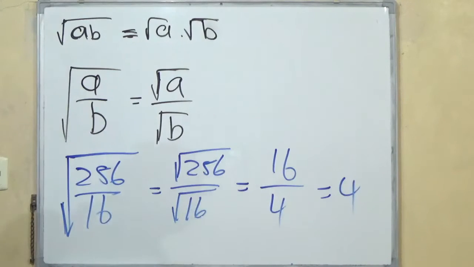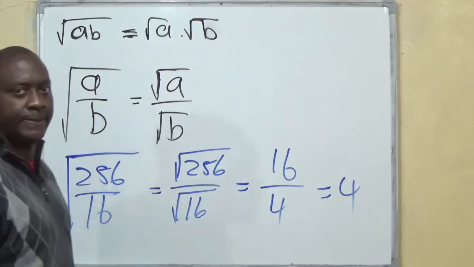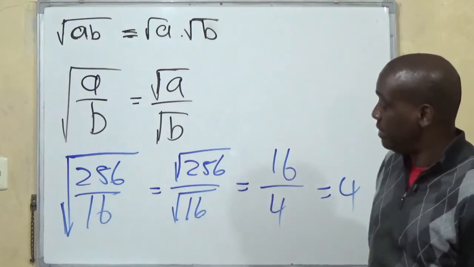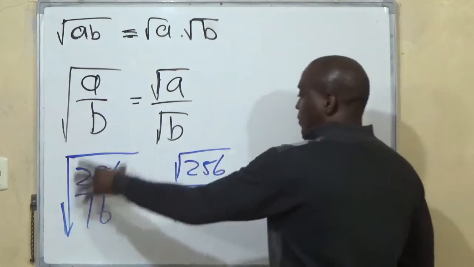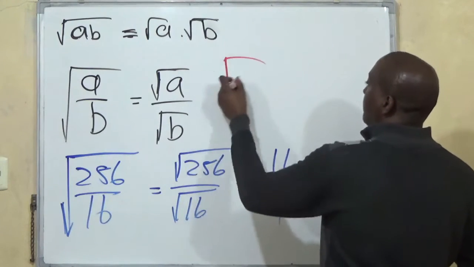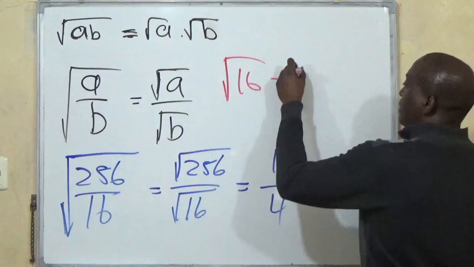So 256 divided by 16 is how much? 16. 16 squared is 256. So the square root of 256 over 16 will just be the square root of 16, which will give us